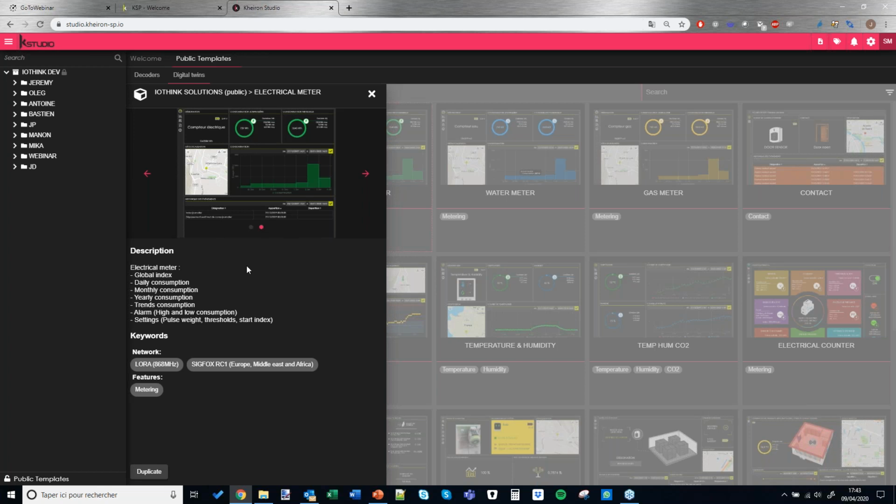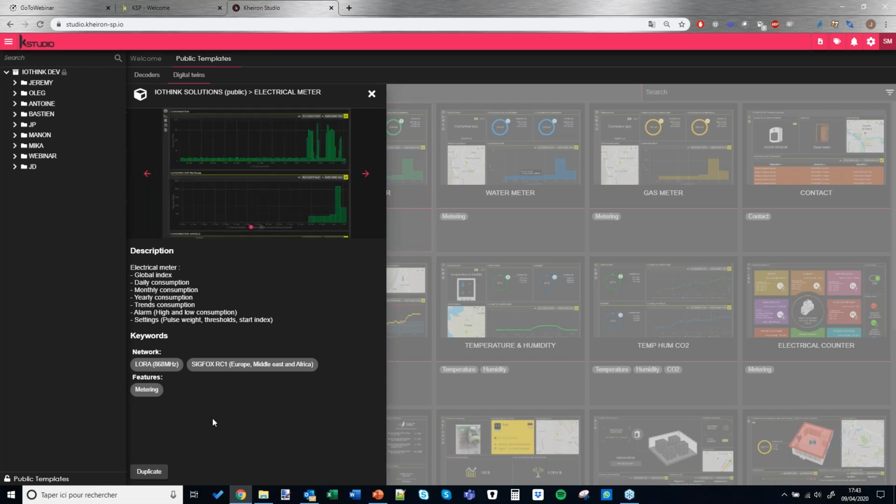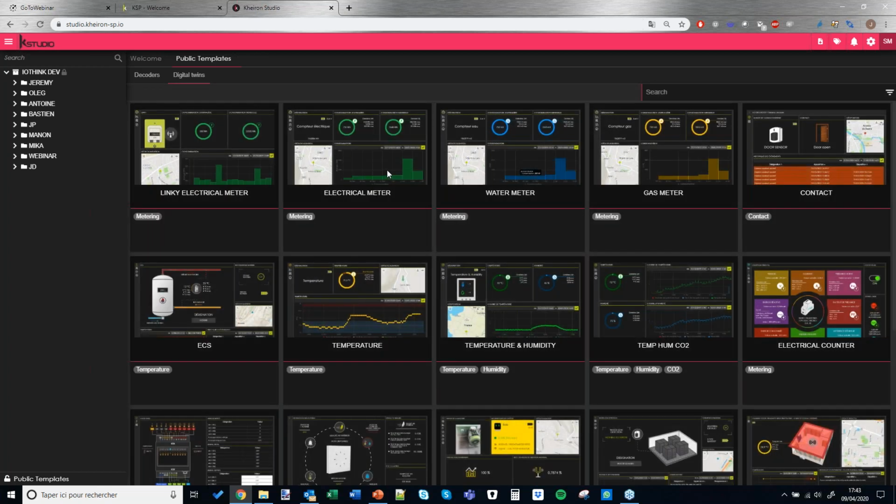If you would like to customize everything, you can duplicate, import in your private library, and you can customize everything, all the pictures, the colors, you can add widgets, etc. Okay, so this is a library, public libraries. Maybe I can show you just an example of how to make your own dashboard. So let's have a look on this,